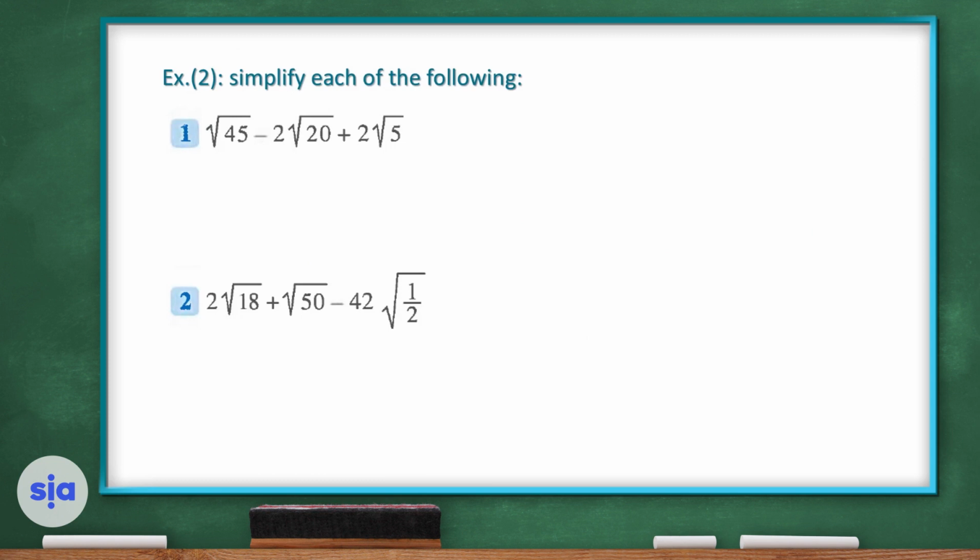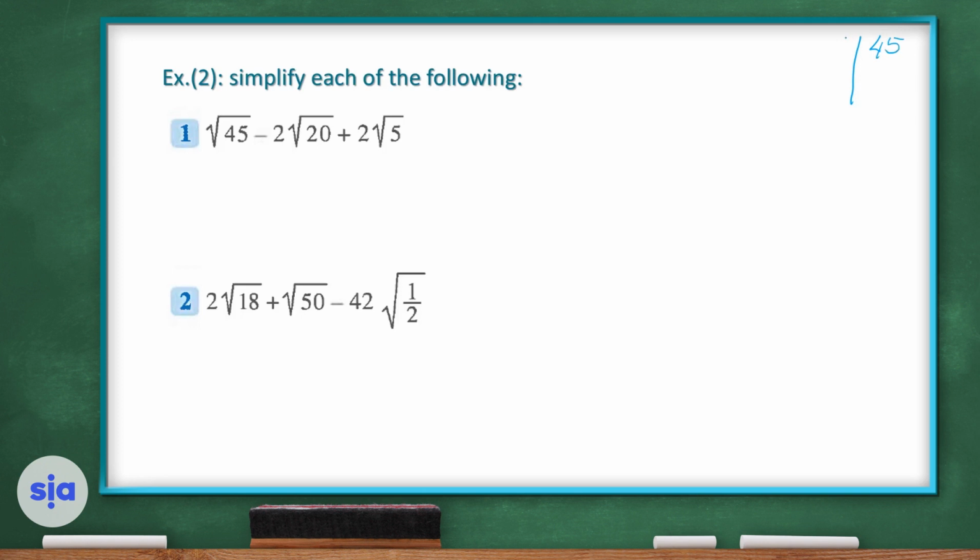Exercise number 2, simplify each of the following. Square root 45 minus 2 square root of 20 plus 2 root 5. As you can see here, the three of them are unlike terms, so we're going to think of simplifying each of these radicals. So let's now simplify root 45,